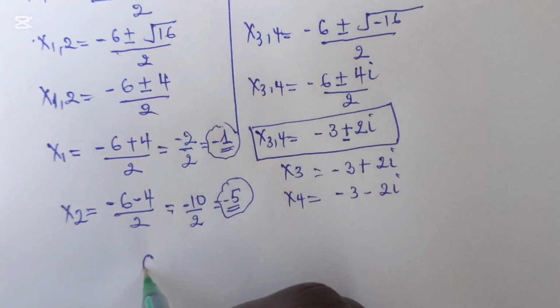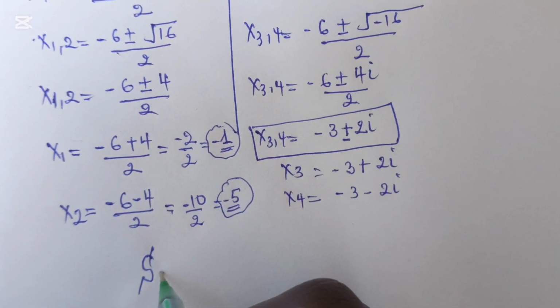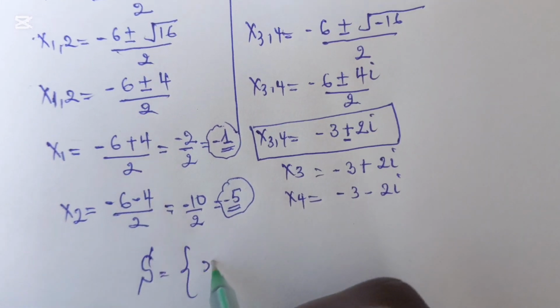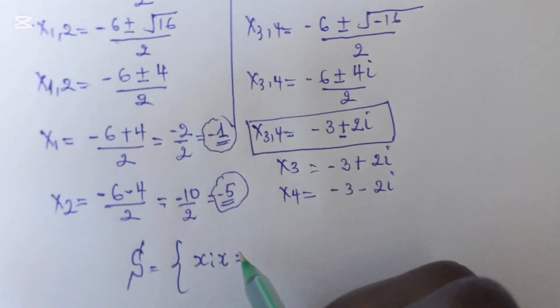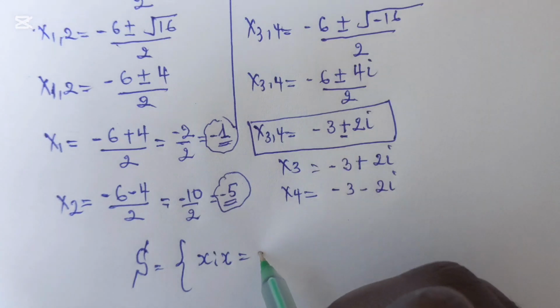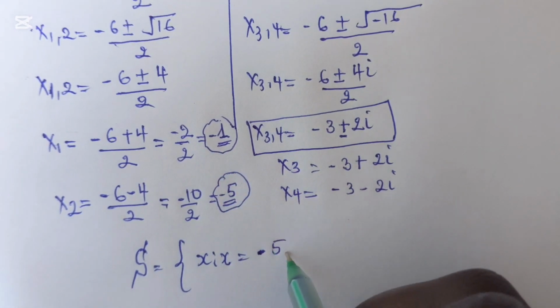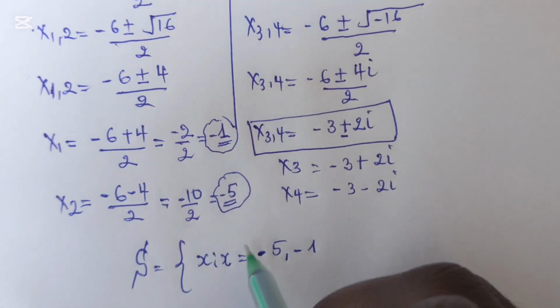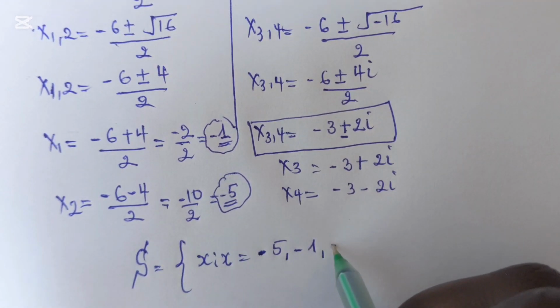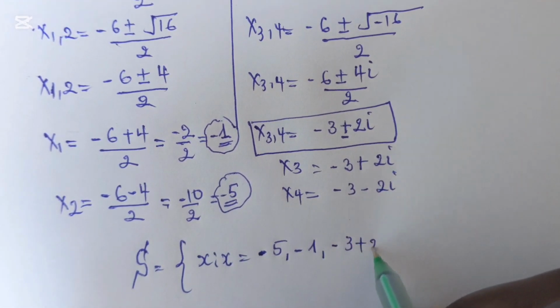Then the solution set: x equal to, and we have to start from this one, negative 5, negative 1, negative 3 plus 2i,